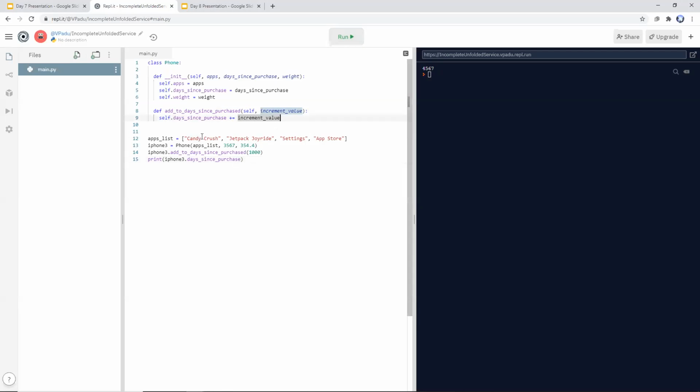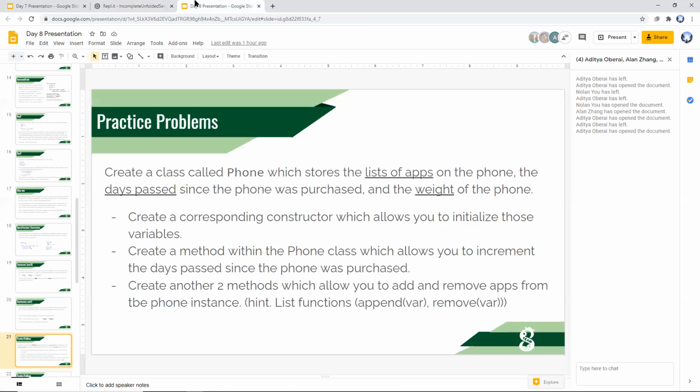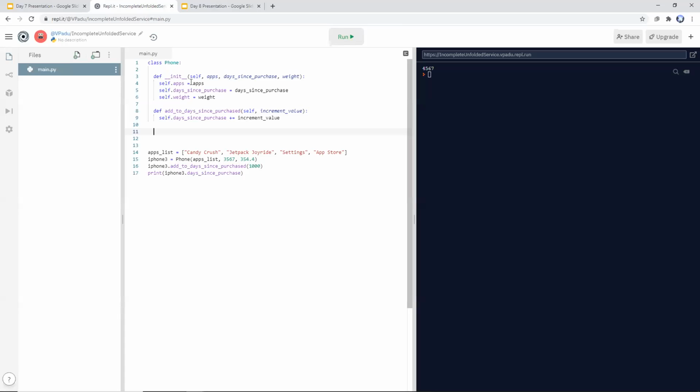Now we have our next thing that we need to do. We need to create two methods that allow us to add and remove apps from our phone. So this is a list, right? So we can do append and we can do remove. And let's make it so that we can input a list of apps so that we can add multiple apps at one time. So we can input a list and all those apps will be added to the apps list inside of our phone. So let's start with our def